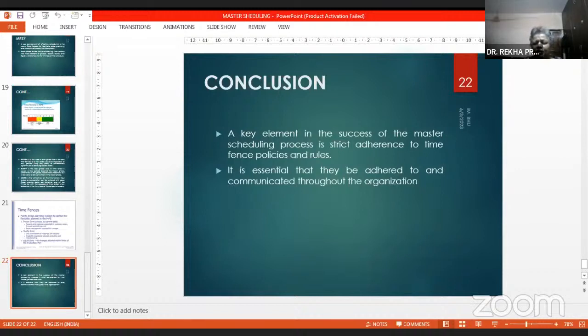So you have to follow these things very closely so that you deliver the things as and when they are required. And this has to be communicated throughout the organization, because nothing is working in isolation. It is a combination, an interrelation of many parts of the system which are working together to achieve the objective, whether they are producing goods or services.